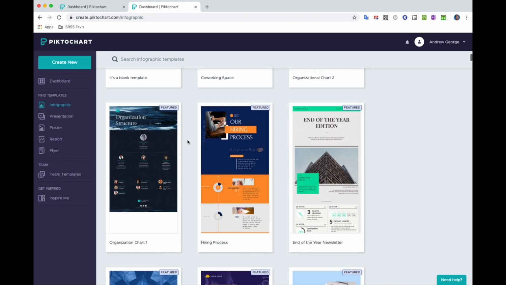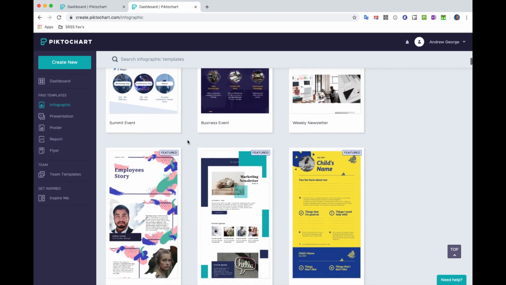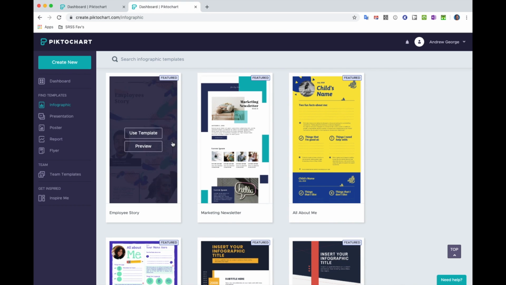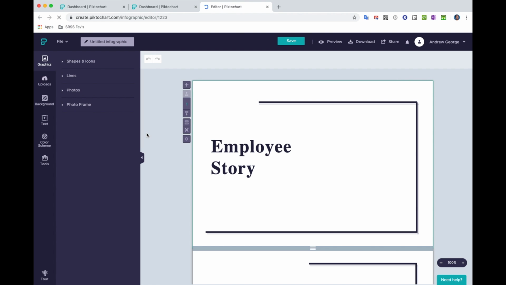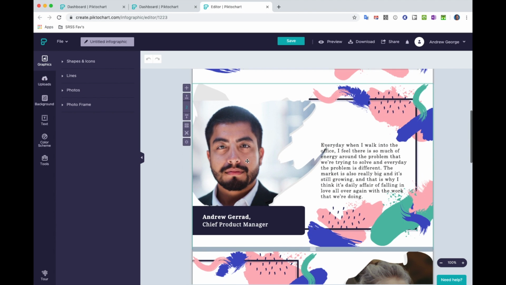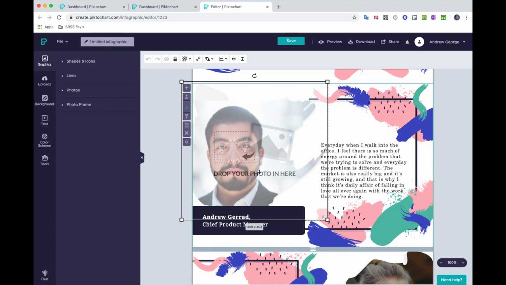I assign them quite a bit. So we're going to pick one here that can show us a little bit. We got some big pictures in this one. We're going to look at how to insert pictures. So here we see this little drop thing, right? We can drop a photo in there. We can put a picture anywhere on here, and we can put clip art anywhere on here. But to just go over your basics for photos here,